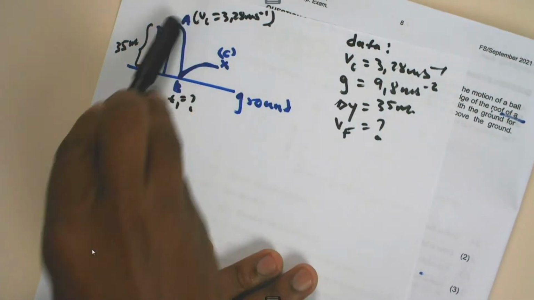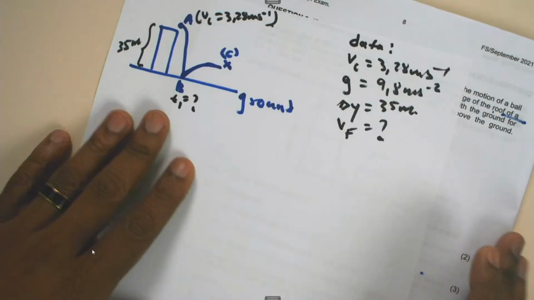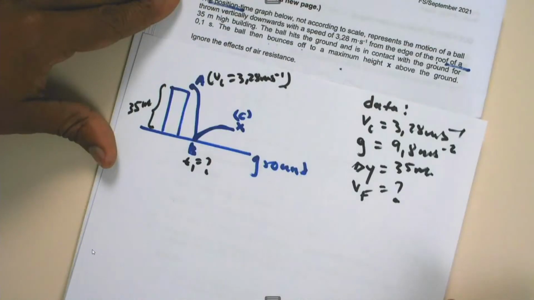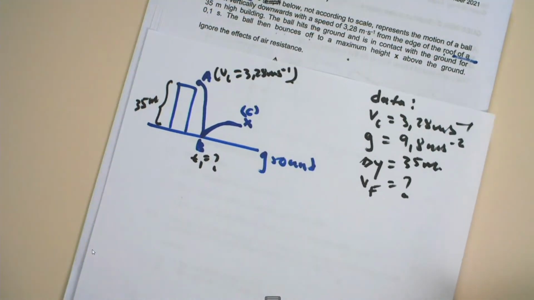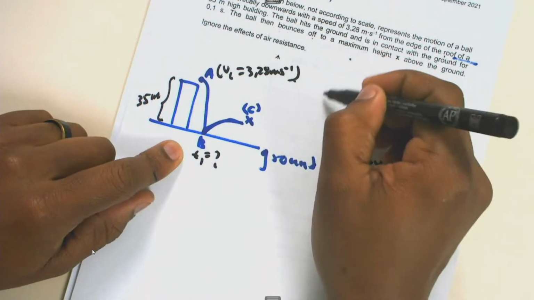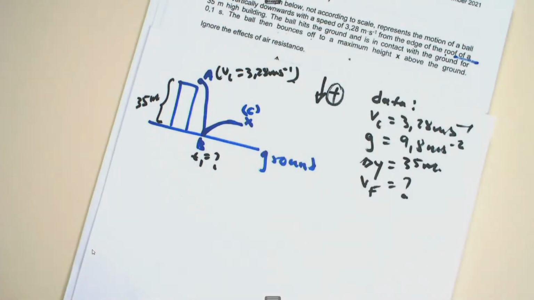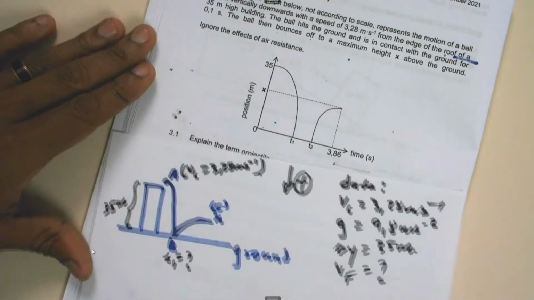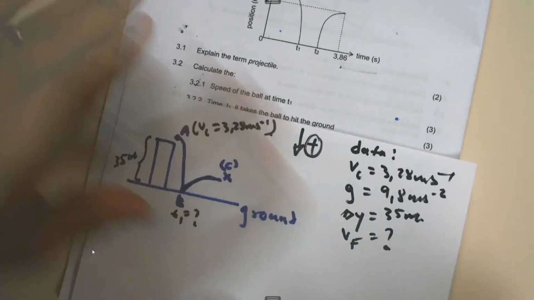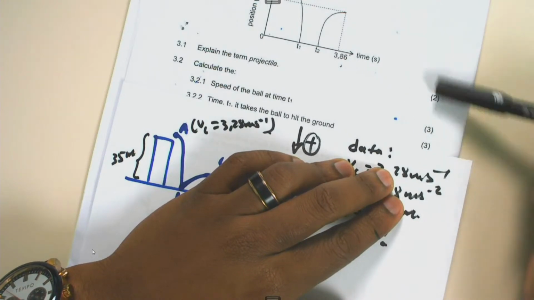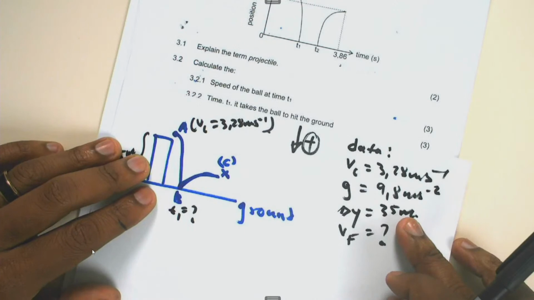So the trajectory assists me in arriving at the correct answers. The choice of direction, remember, is very, very important. But now that everything is moving down, I can easily say I am choosing downwards as positive. Remember, you work with what the examiner has given you. In such a way, it will be easy for you to understand. So that will be the 3 marks that I can easily get. So I have the 2 and the 3, which means I'm already at around 5 marks in this particular question.